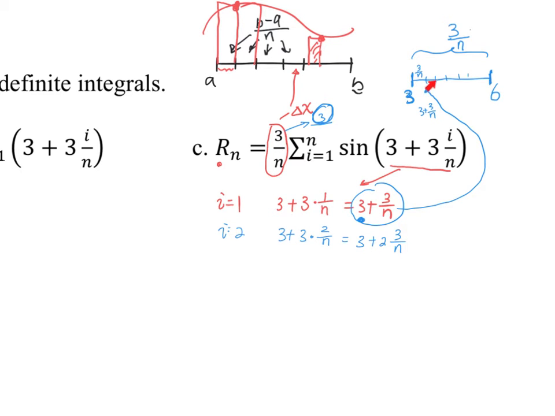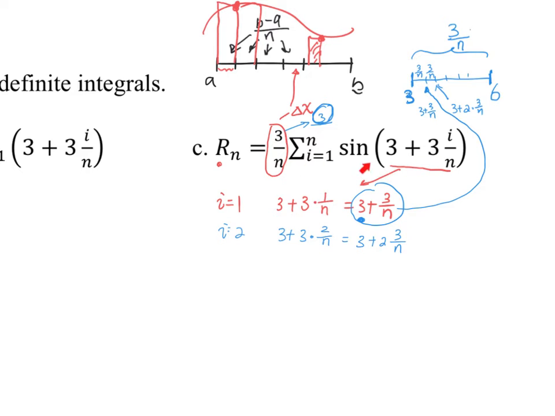So what's the right endpoint of the second interval? It's going to be 3 plus twice of the 3 over n, because there's another 3 over n there, right? Which perfectly matches: when i is 2, that's the second right endpoint. So with that, you do know that